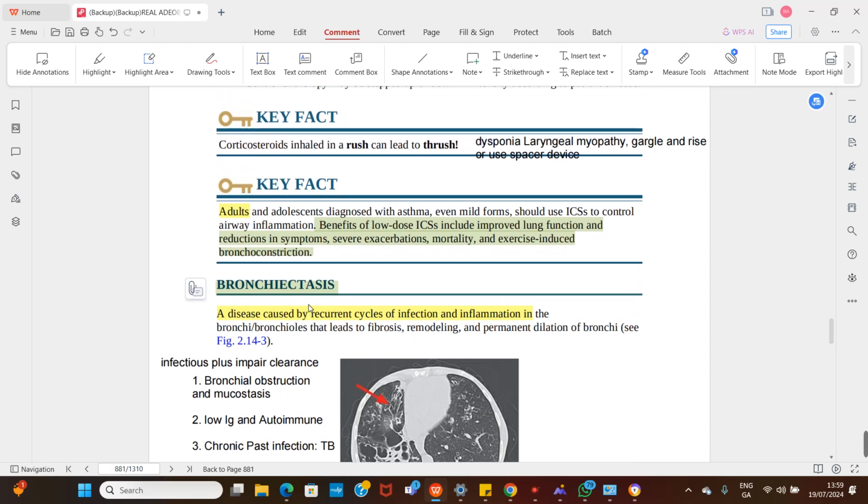So the reason why you are giving your ICS is just to control the inflammation, to improve lung function, reduce the symptoms, prevent severe exacerbation, reduce mortality, and also for treatment of exercise-induced bronchoconstriction. So people with exercise-induced bronchoconstriction, it means that when you're exercising, you can be having symptoms, because exercise